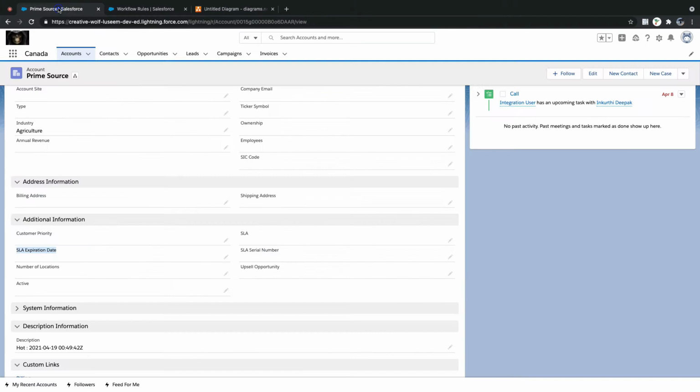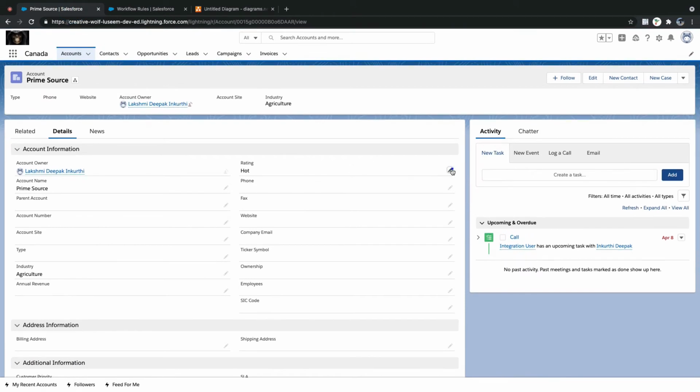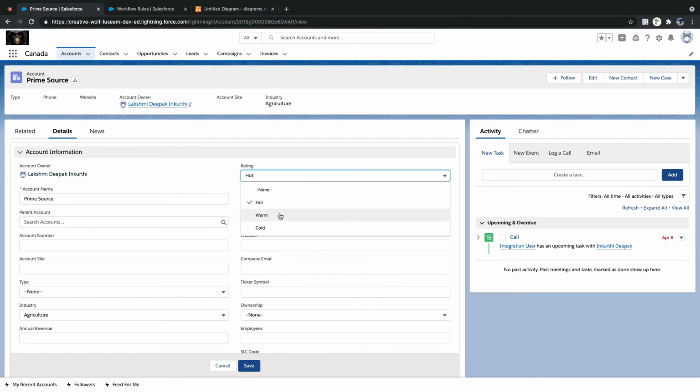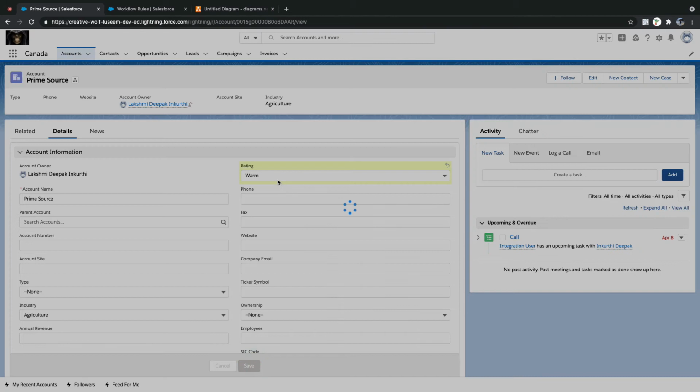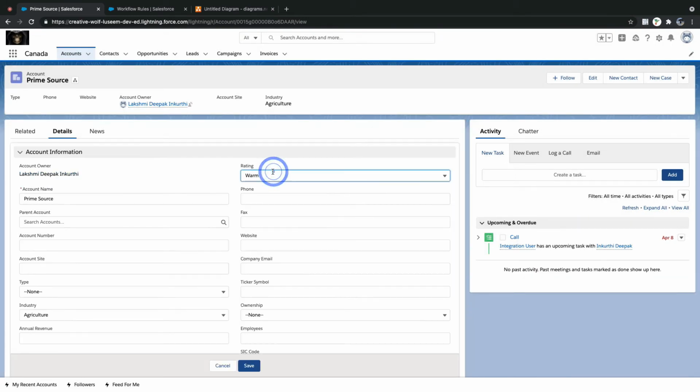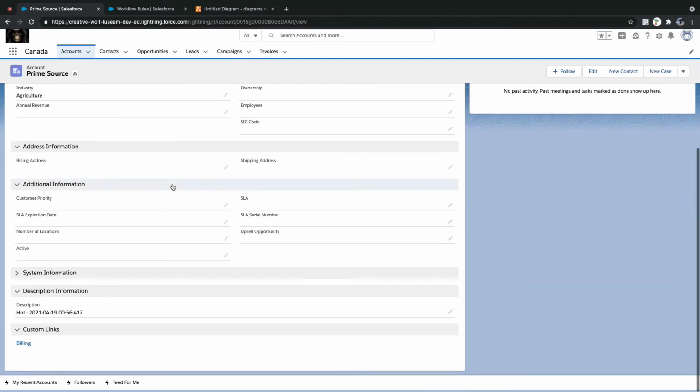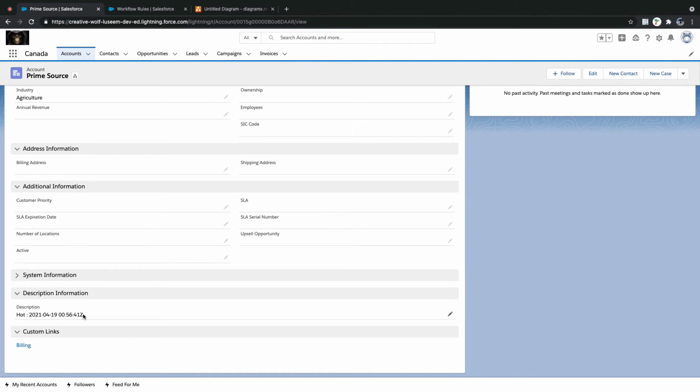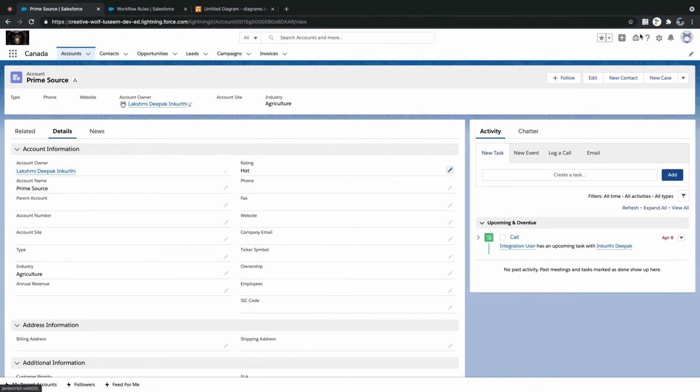I'll test subsequently met criteria: we have hot, so I'll change it to cold, warm, save. Then I'll say hot. Your date field is updated. Okay, this is 5641Z. Let me go here.